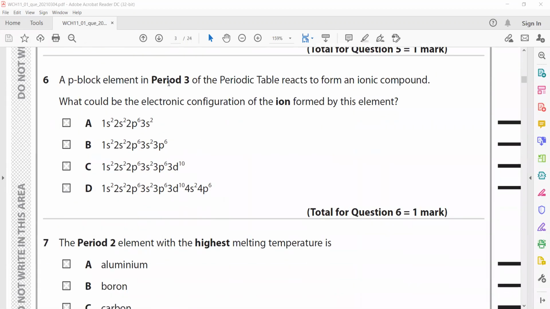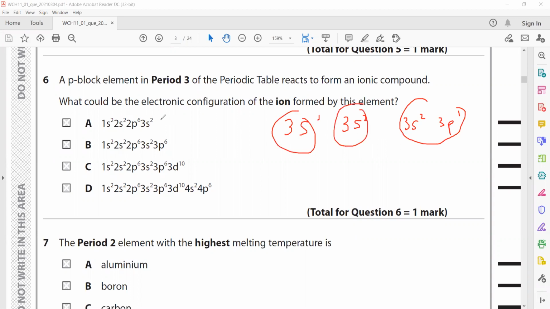A p block element in period 3 of the periodic table reacts to form an ionic compound. Groups 1 and 2 are s block, and group 3 onward are p block elements. Groups 1, 2 and 3 tend to lose their electrons, but they should lose all of their valence electrons. If it belongs to period 3 and group 1, it will be 3s1; if period 3 and group 2, or period 3 and group 3, then this should be the configuration. But when they form the ion, they lose their electrons, so there should be no complete 3s orbital. So it cannot be A,